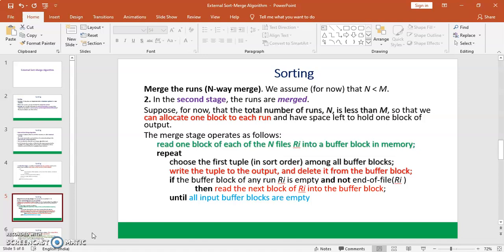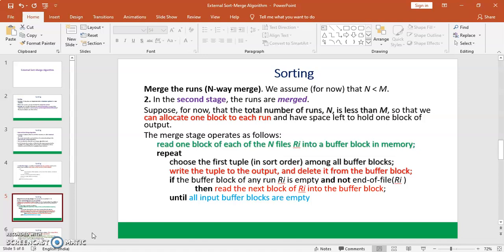Inside the loop, we choose the first tuple in sorted order among all buffer blocks. Then we write the tuple to the output block and delete it from the buffer block.